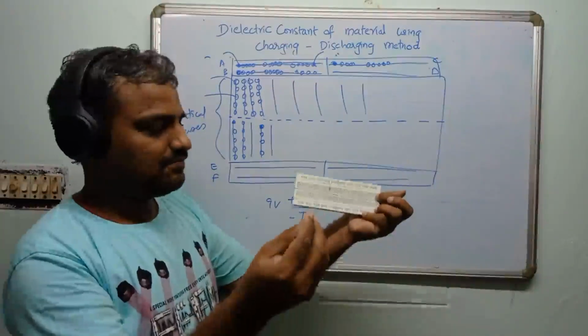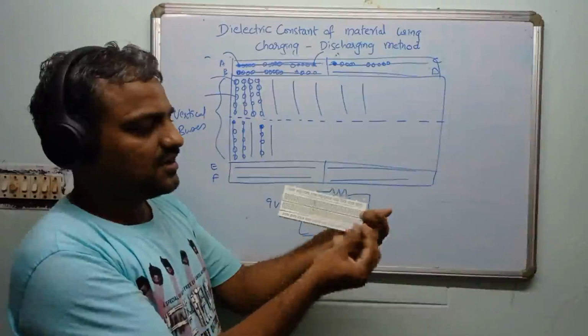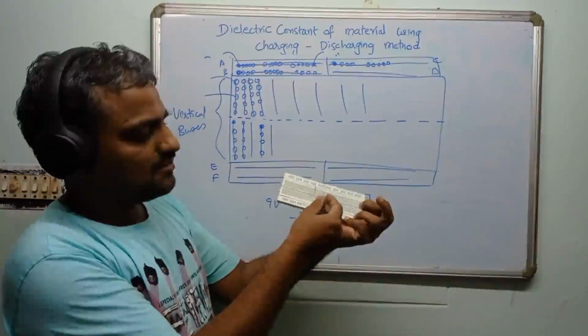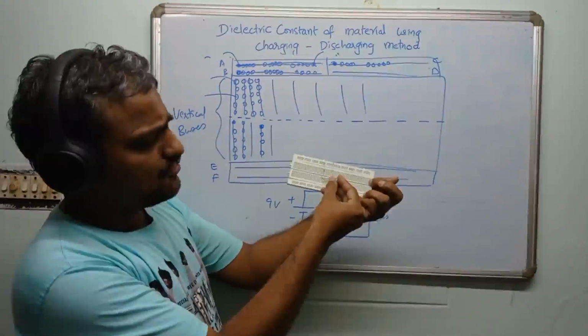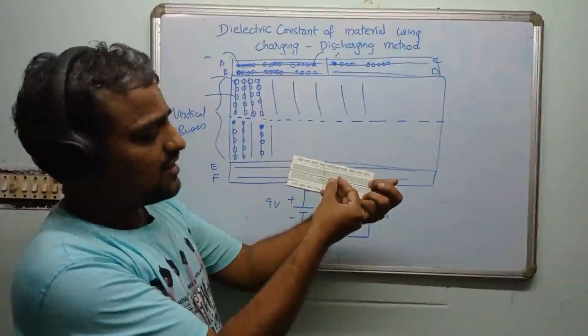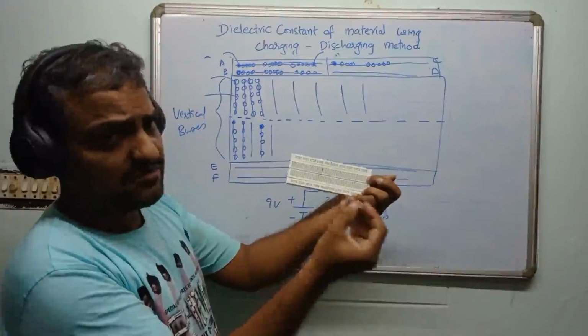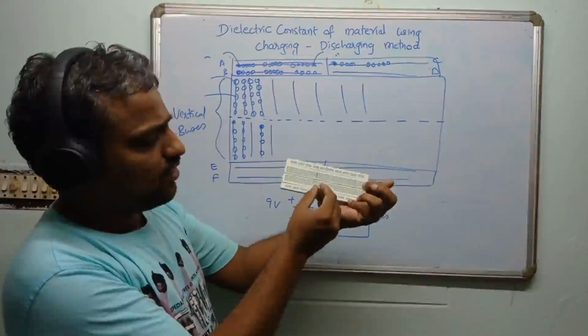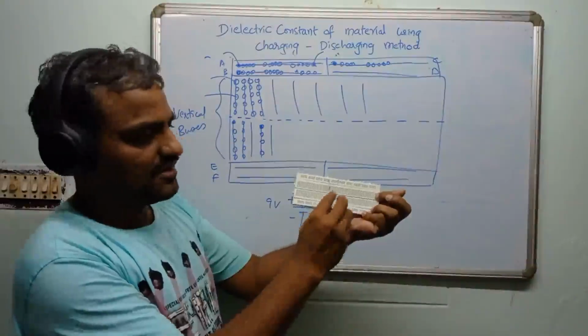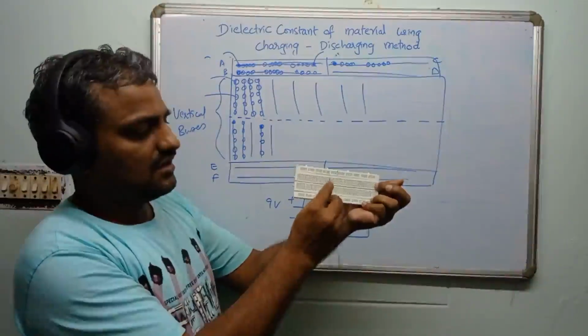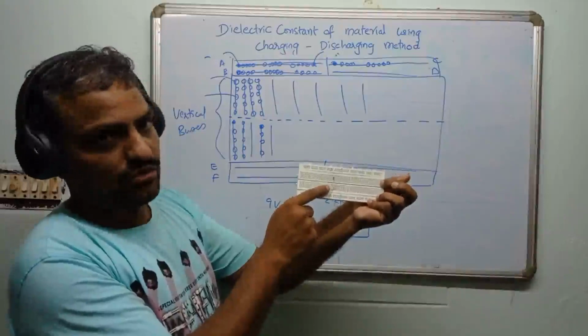You can see that. So I want to join this terminal with positive of the LED. So let me join it in the same bus. See, I have connected it here and four more holes are left over. So I can insert this LED in any one of the holes, but the lower one is most convenient for me. You can understand why it is convenient for me. So I have inserted the LED into the lower one.